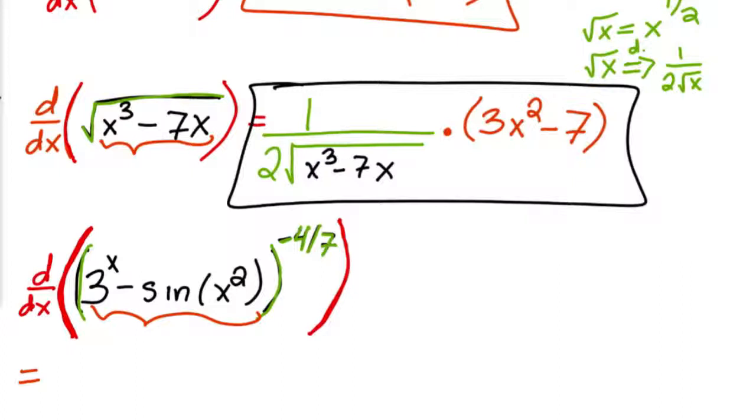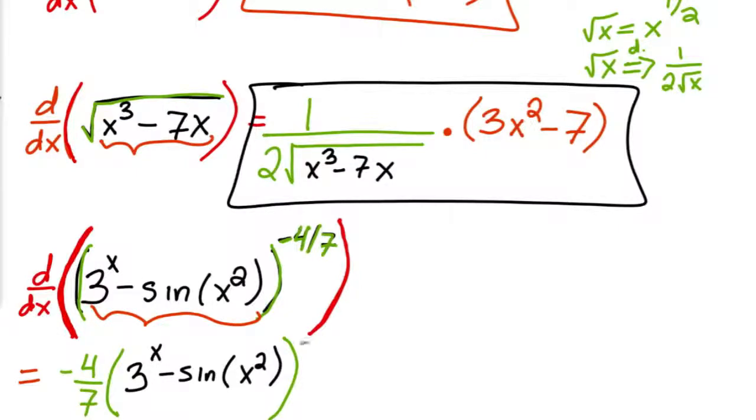Okay. So the derivative of that is negative 4/7 times, leave the inside alone, right? 3 to the x minus sine of x squared. Subtract 1, so negative 11/7. And then times the derivative of the inside. Now the derivative of 3 raised to the x is 3 to the x times natural log of 3